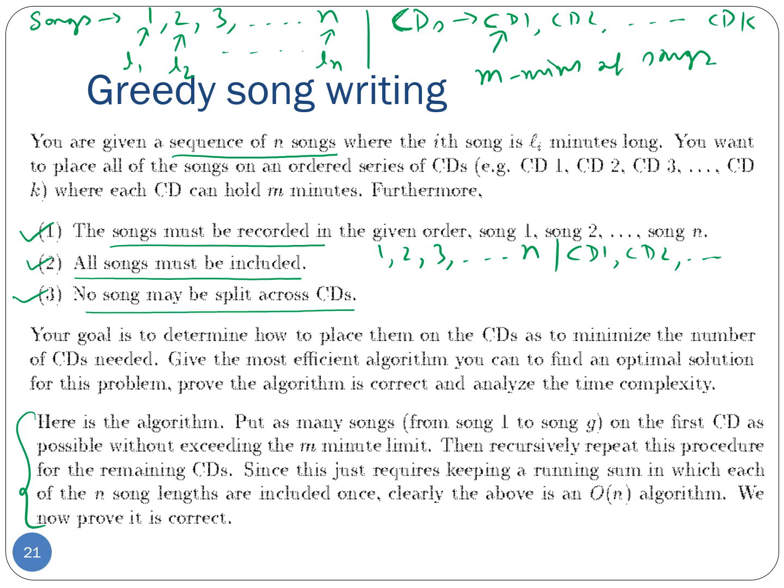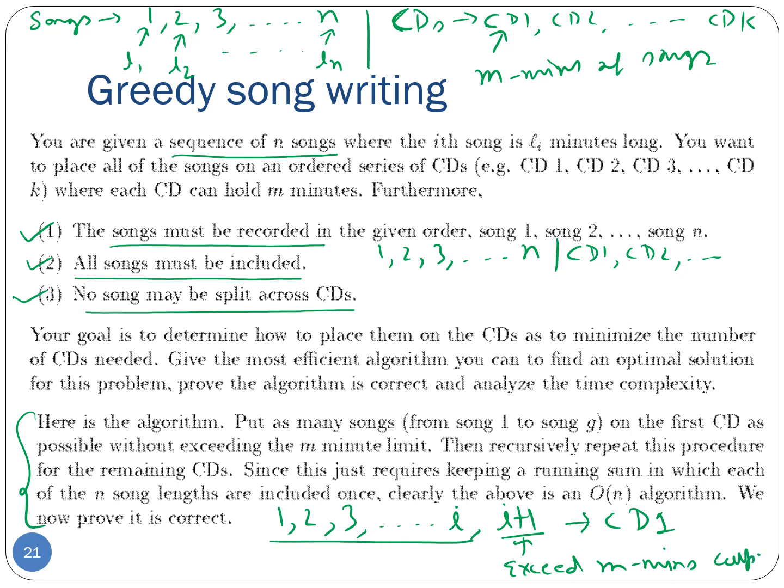So basically you will put songs, let's say 1, 2, 3 so on up to some number I, such that putting the I plus 1th song on this CD1 will exceed the CD capacity, right? This will exceed the m minutes capacity limit. Okay, so you'll only put songs 1 to I on CD1, right? And then you will recurse on the remaining CDs. So this is the greedy algorithm, and in this problem we basically have to prove that this greedy algorithm is